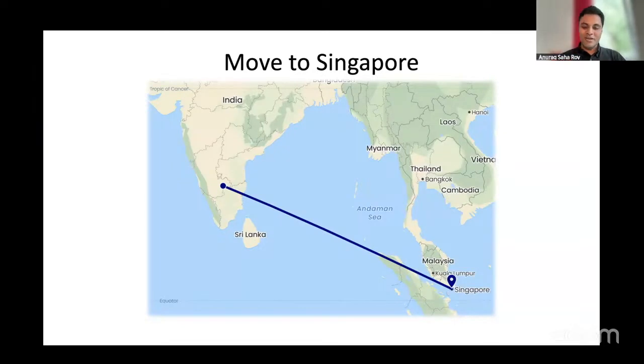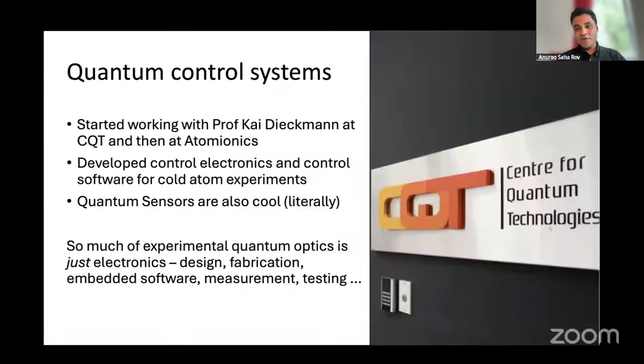But maybe to give a bit of context, back in 2015, 16, 17, there were two very large institutes in quantum computing. And everybody who was somebody spent some amount of time at these institutes. One was the Institute for Quantum Computing at Waterloo, and the other was the Center for Quantum Technologies in Singapore. So these were, let's say, two different parts of the world, but very large institutions that produced a significant chunk of the quantum computing PhDs every year. So I figured, what better place to learn quantum and do more quantum than just move there.